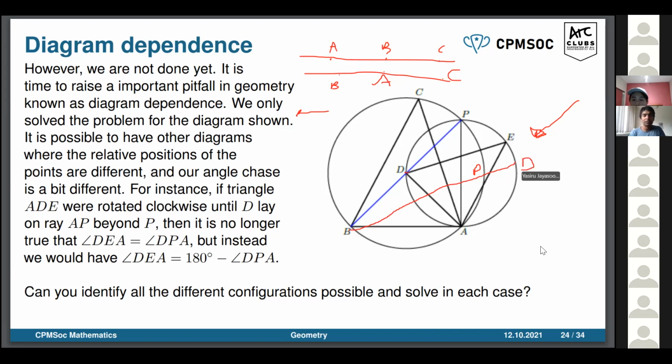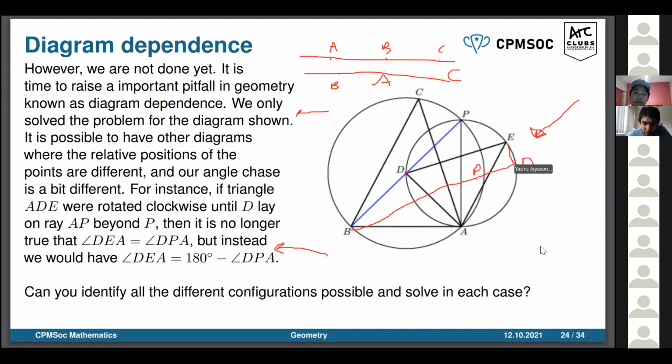So now the points B, P, and D are in a different order on the line, and the proof we had doesn't quite work because DEA and DPA were the same in the original proof, but now in the slightly changed diagram,